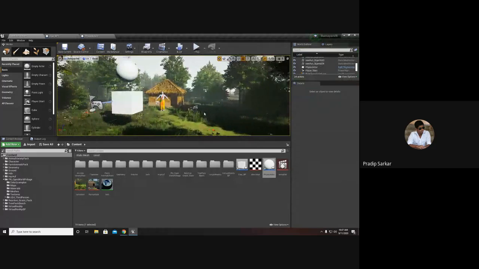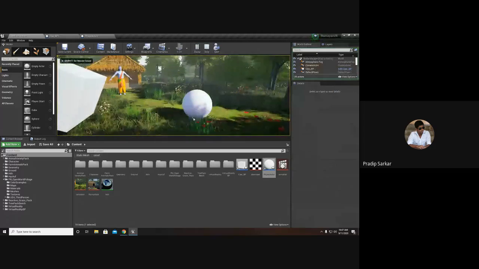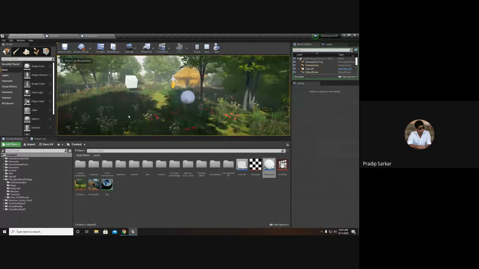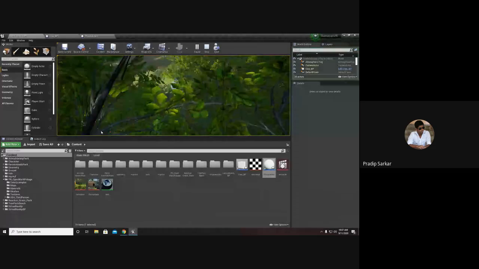Now, if I rotate it and place it below at an angle, if I hit play, it will roll down that angle, it will keep on rolling.